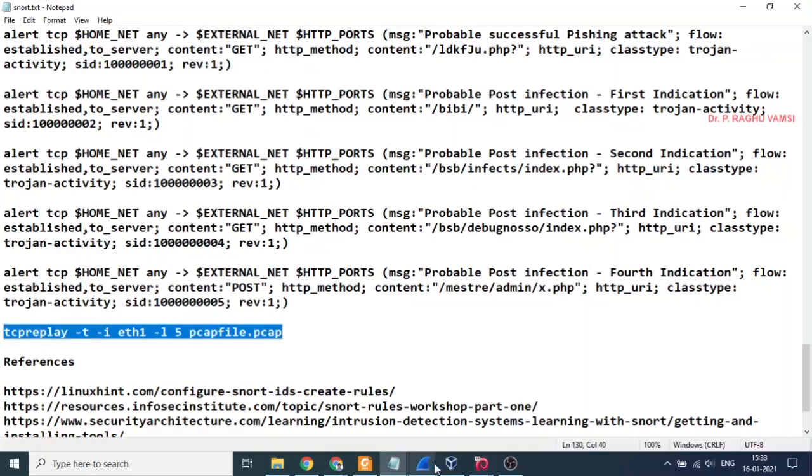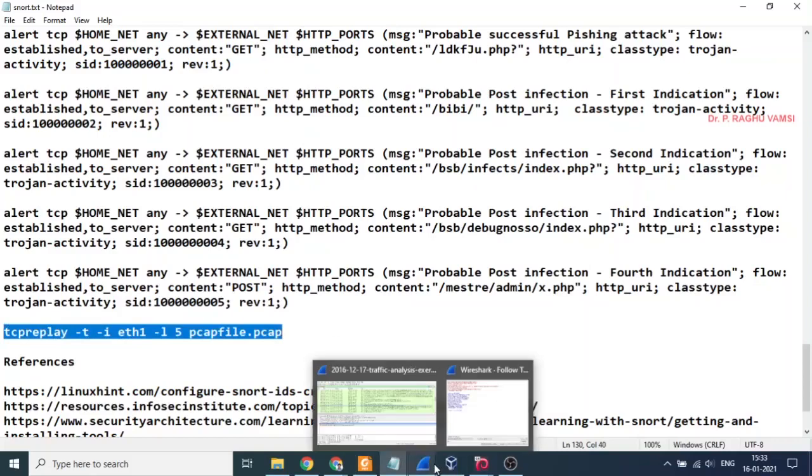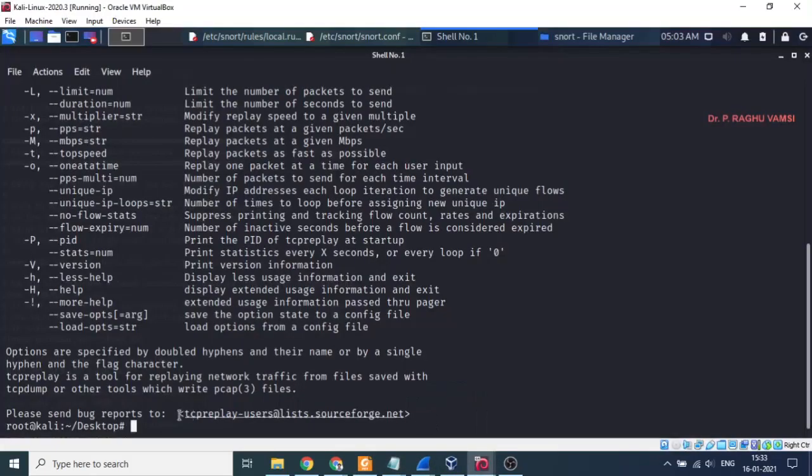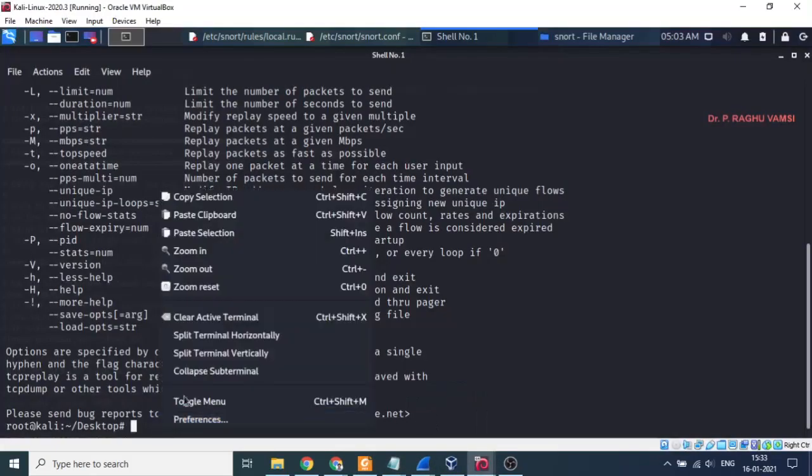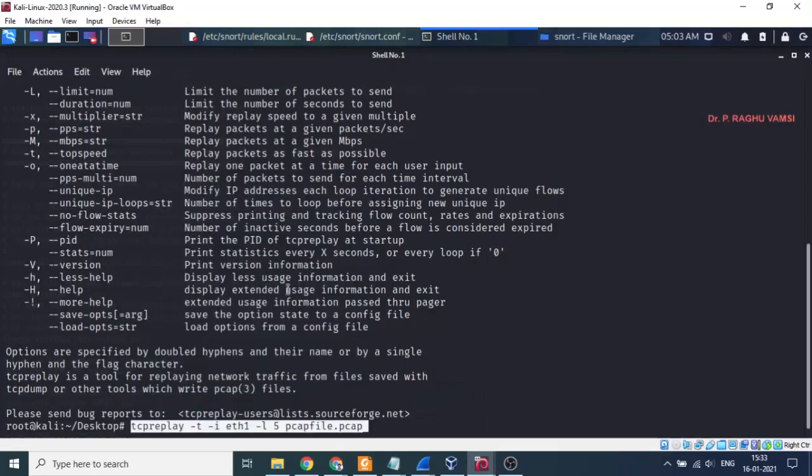There are so many other options. You can browse through that, but we don't want to discuss that at present. That is the reason I am going to place only the tcpreplay command that is required for us. So 2016, this one, this is the PCAP, right?